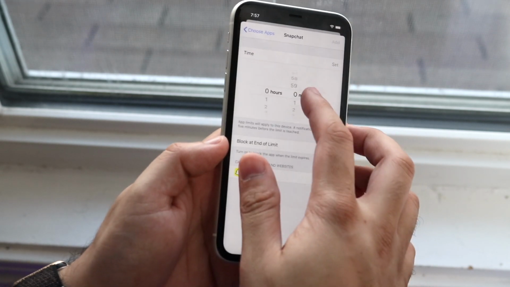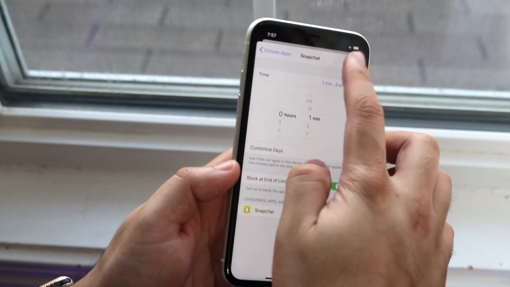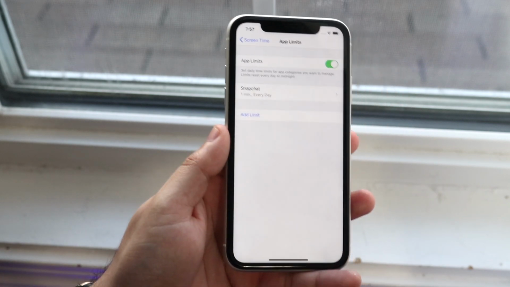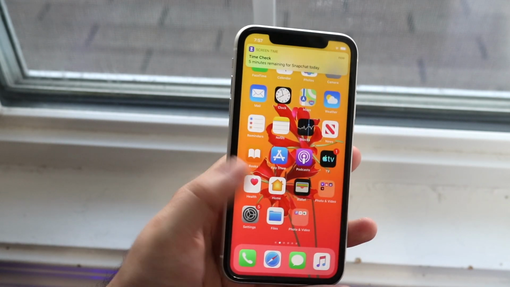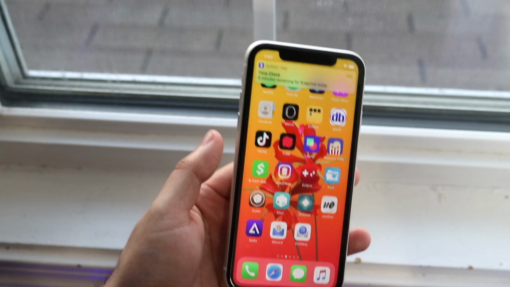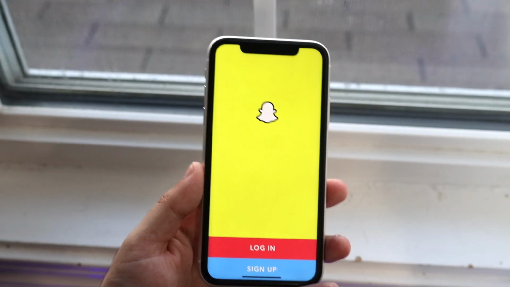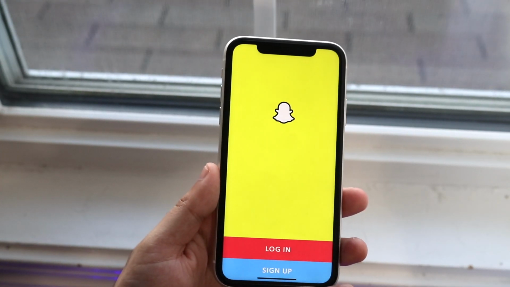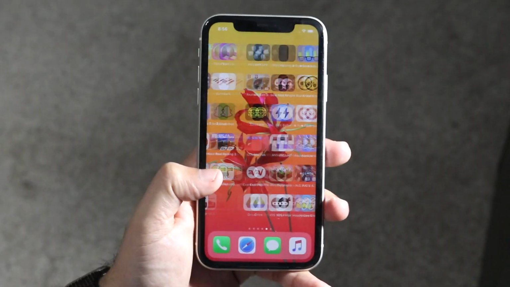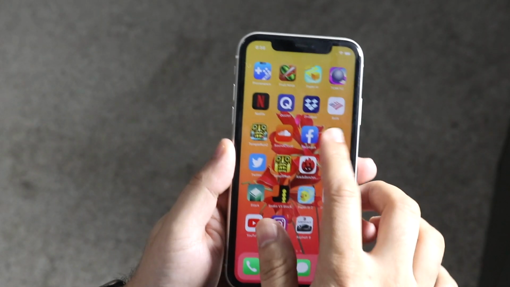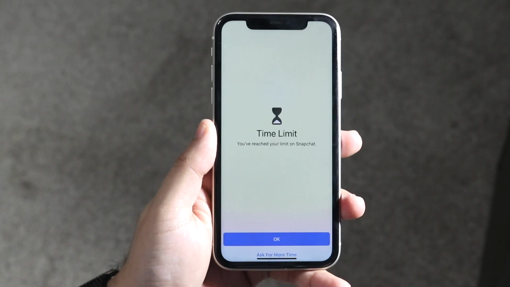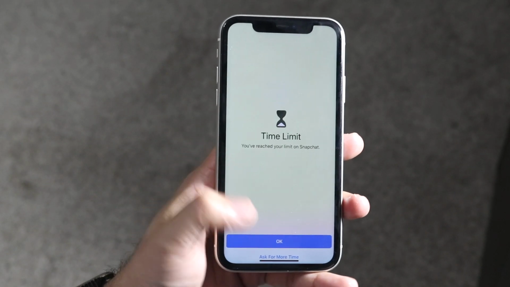You want to set the specific limit up to 1 minute, just like so. Click add, and as you can see, Snapchat is added. Now what we can do is go ahead and hop out, and as you can see, something just comes up. And we want to find that specific app, and once we click on it, now, typically you would go ahead and use Snapchat for a little while, so all you would have to do is use Snapchat for at least 1 minute. It'll actually ask you to type in a password